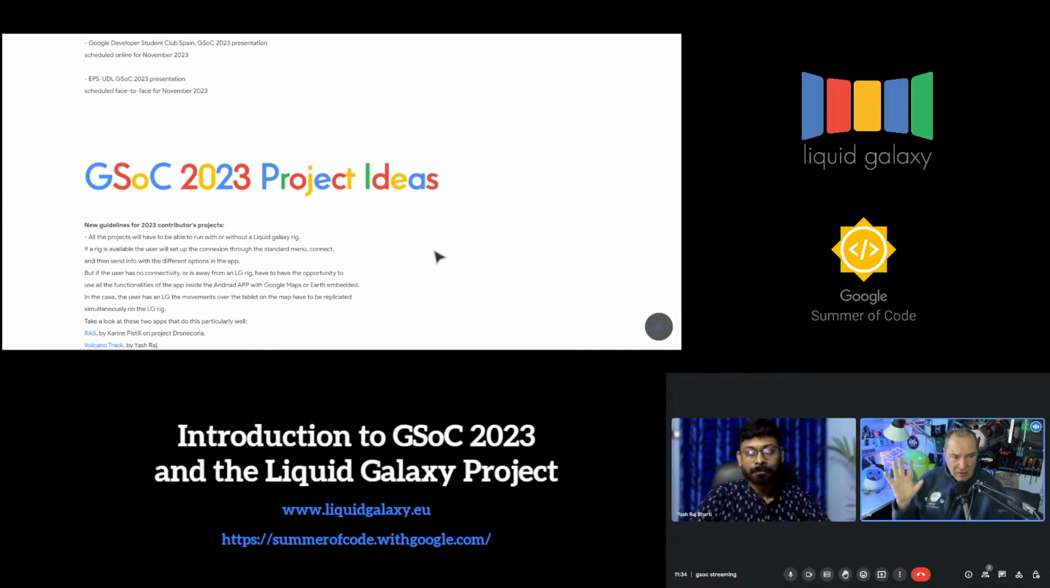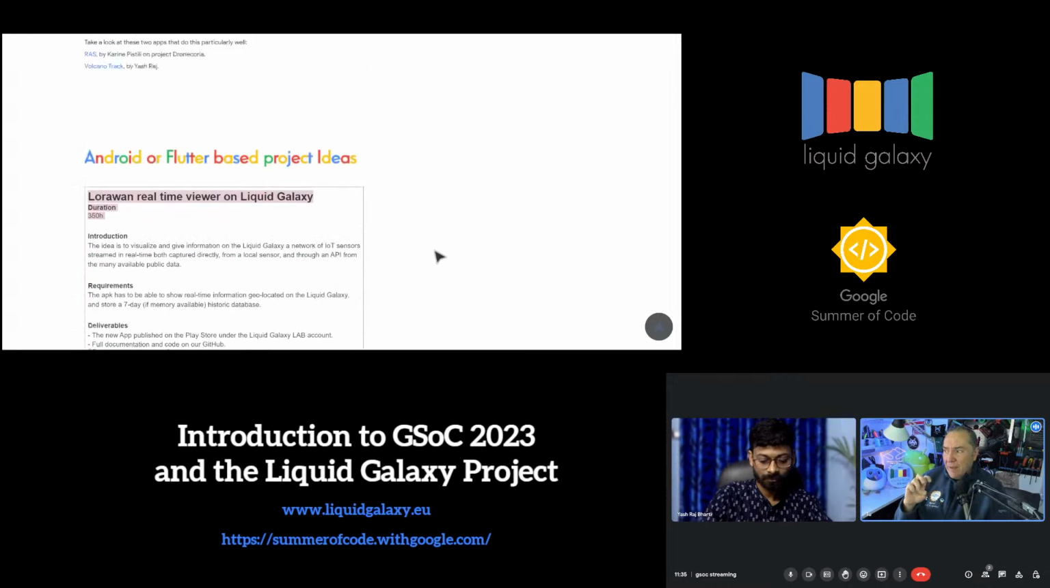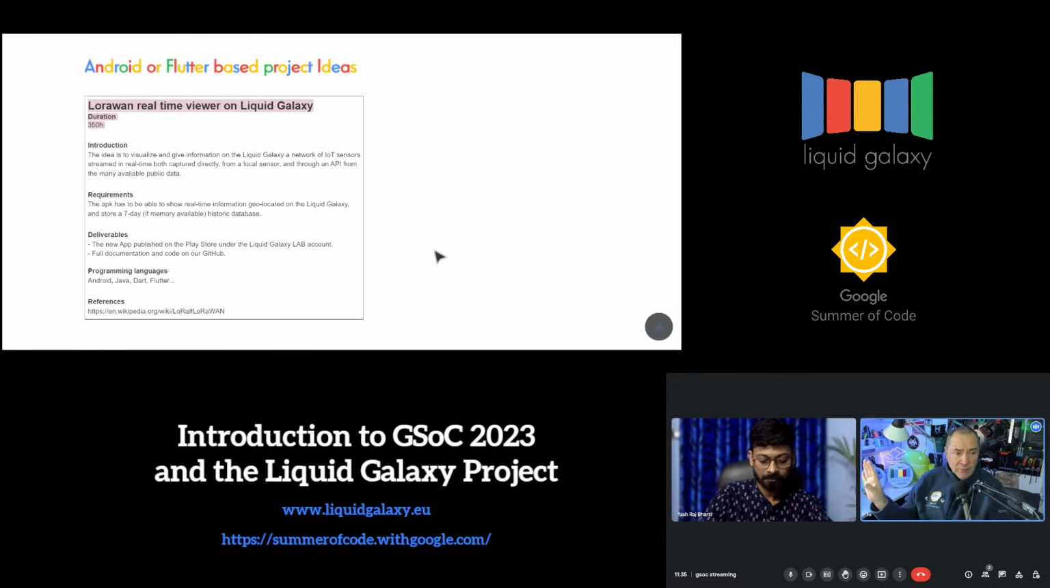Those are only ideas. So you can apply to one of these ideas or up to 3, as just mentioned. Google allows contributors to present up to 3 different projects. So you can apply to 3 different projects. And then you can apply to one of these projects, or you want to apply to one project you present